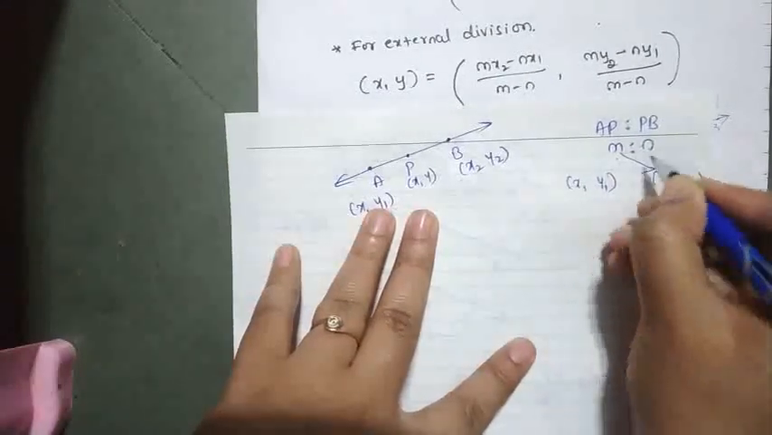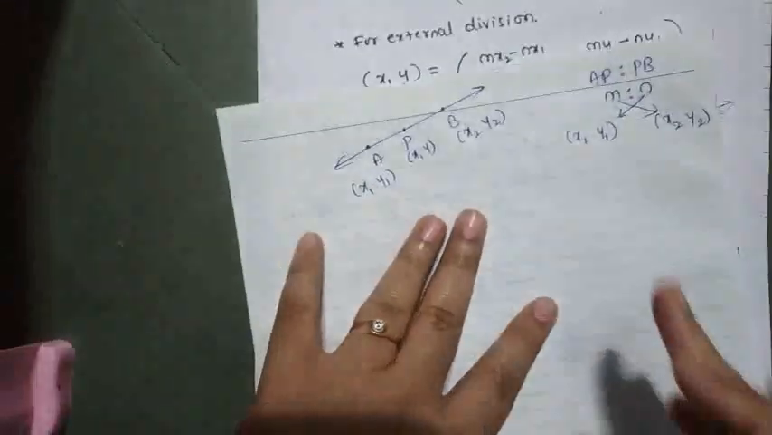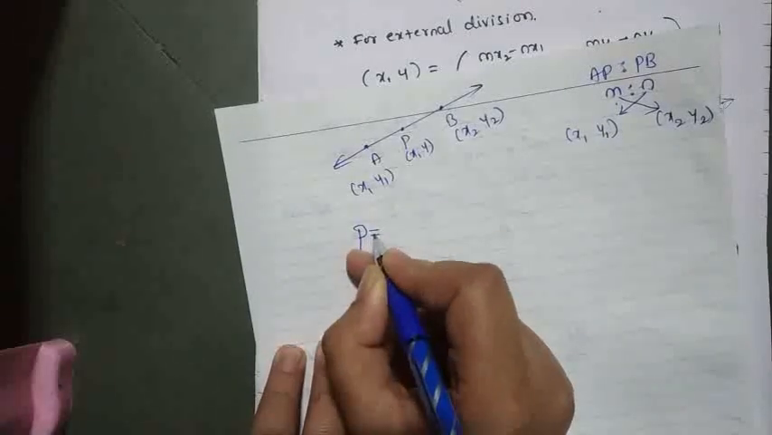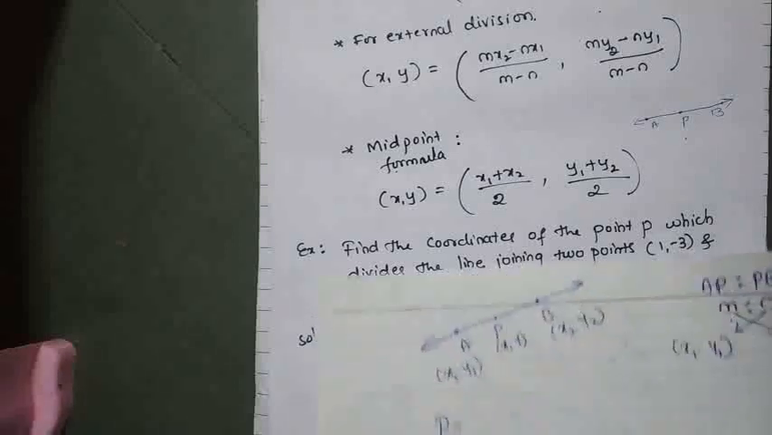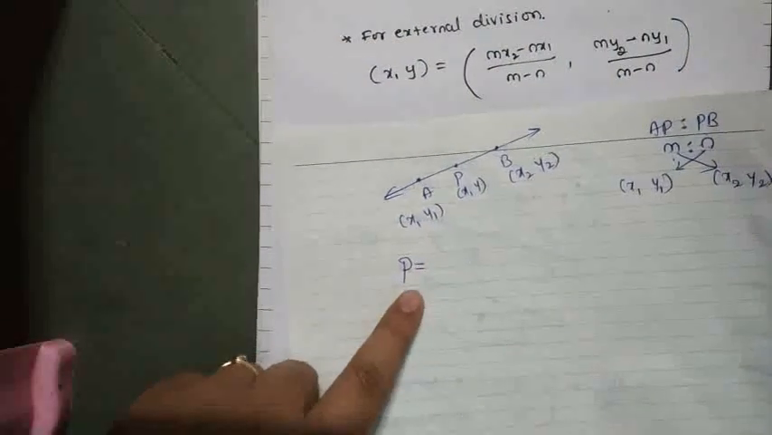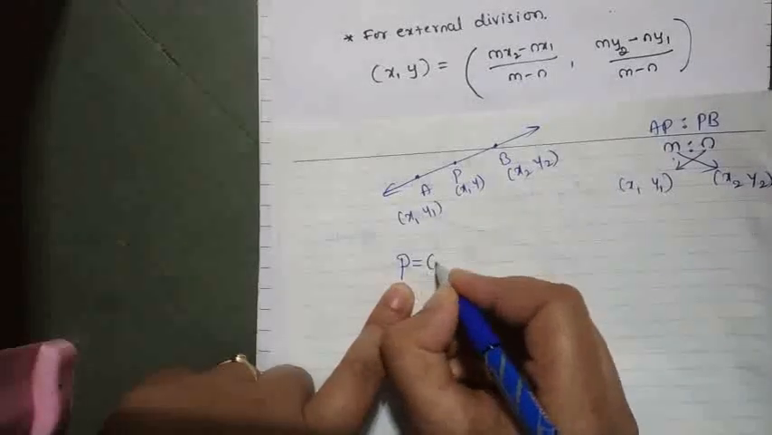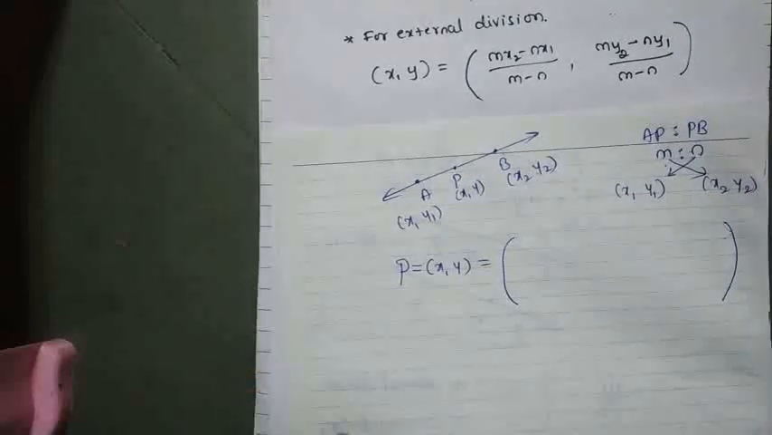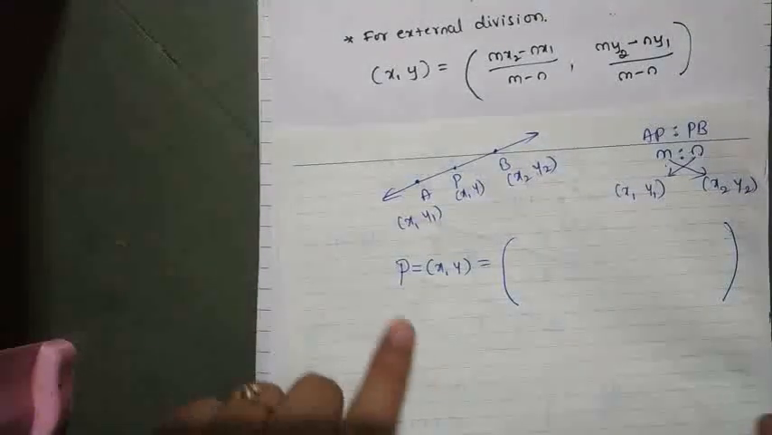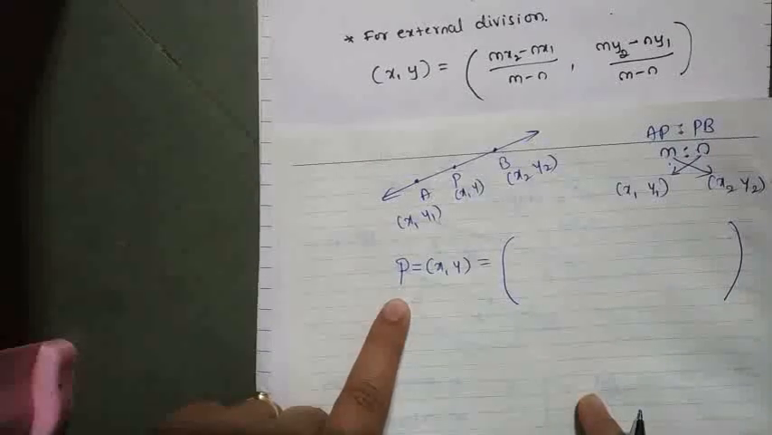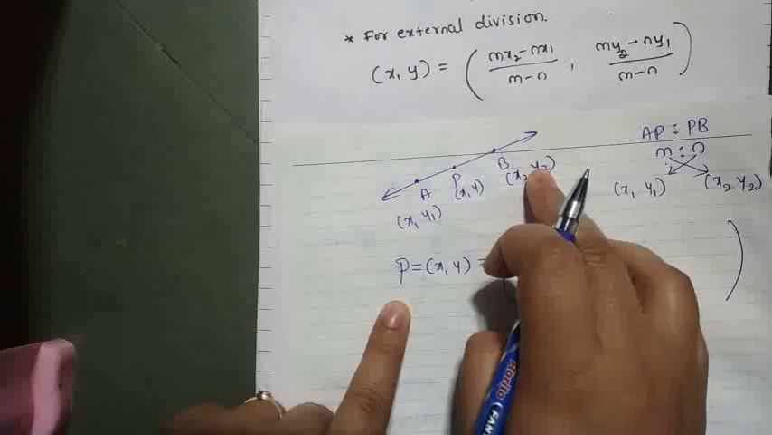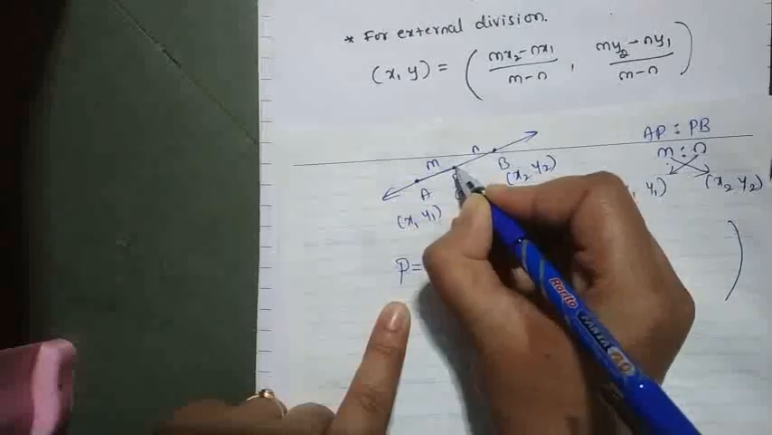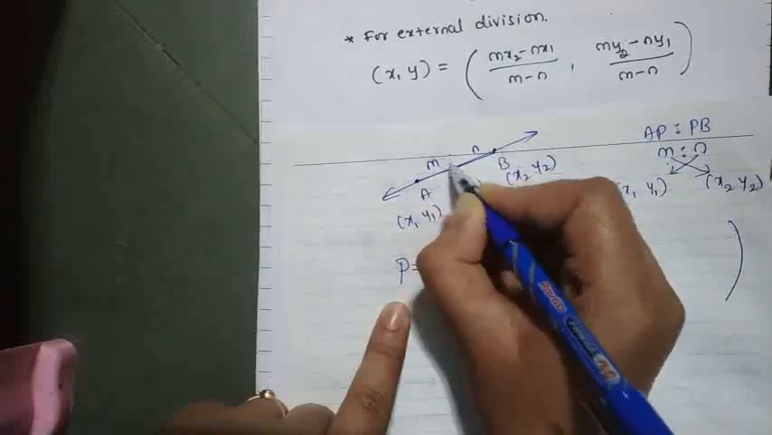Okay, cross like this. So internal division, point of division, coordinates of the point. The coordinates of the point P which divides the line AB internally in the ratio M is to N, AP is to PB, that is M is to N,